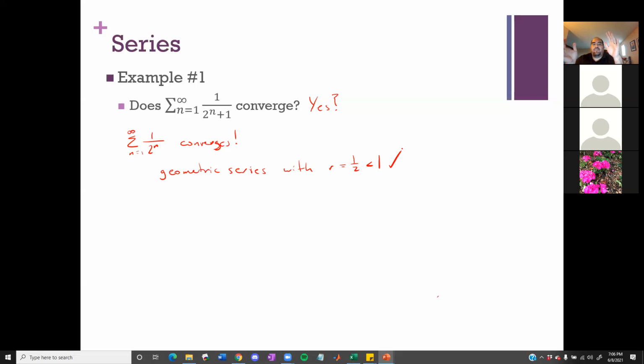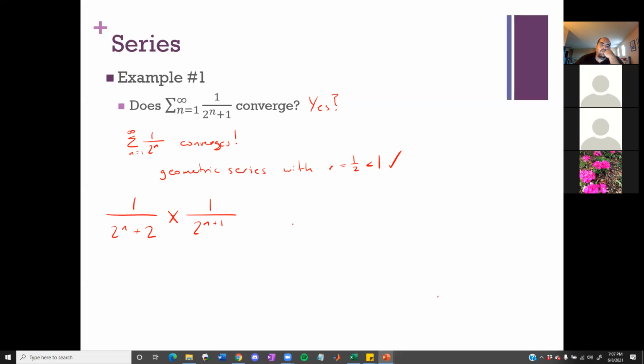So if there's some way I can use what I know about this geometric series to justify what I think I know about this new series... You can make it 1 over 2 raised to n plus 2. That would be 2 raised to n plus 1. Yeah, so you're saying 1 over 2 to the n plus 1, 2 to the n plus 2, right? But even then, are you saying this is geometric? Because that's going to be 1 over 2 raised to n plus 1. And this is not true.